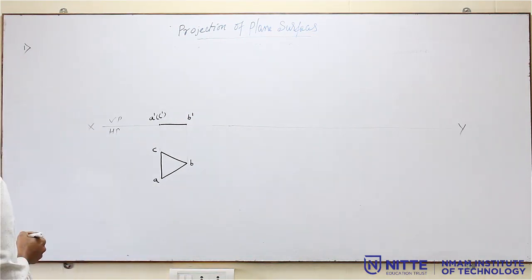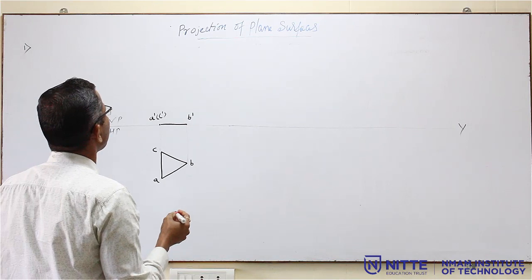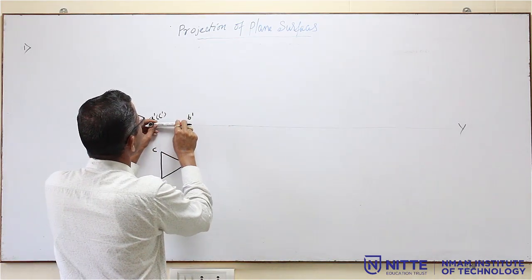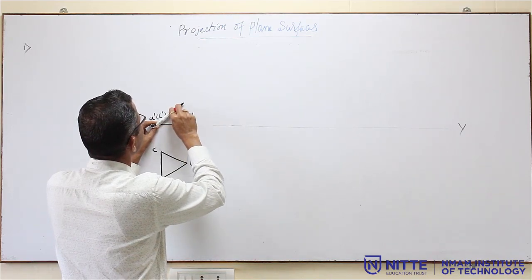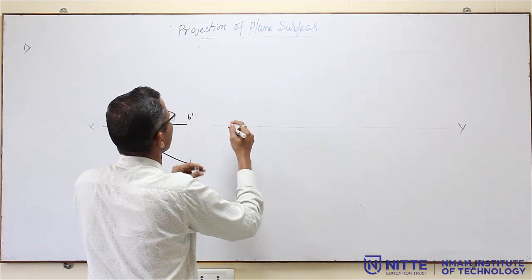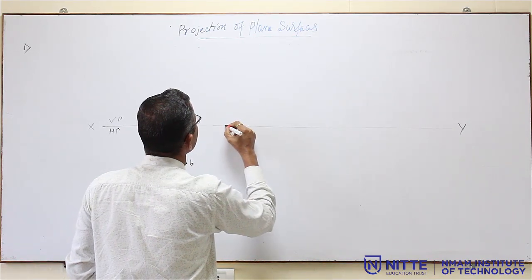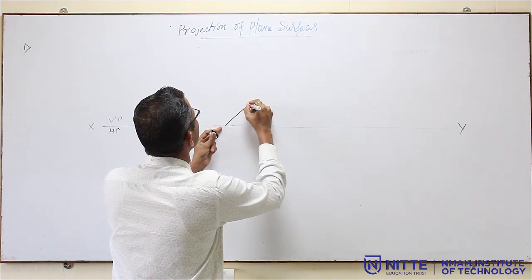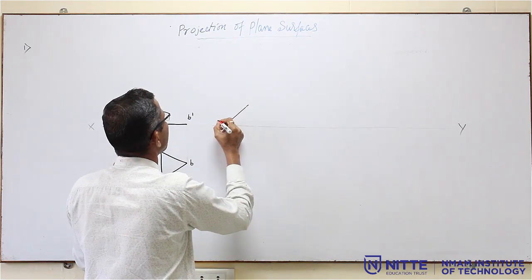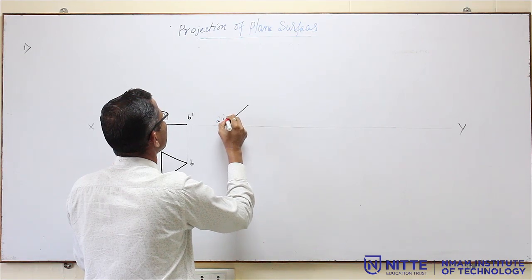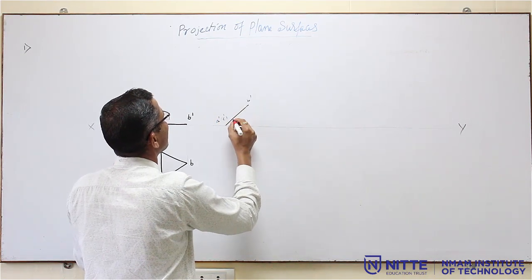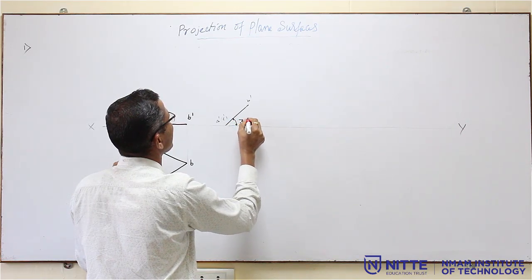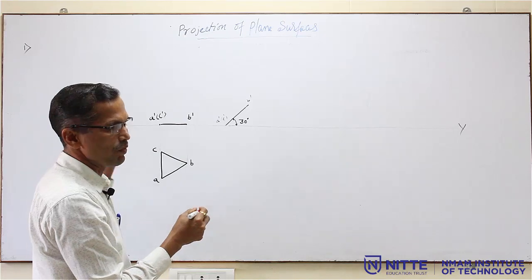Now, you have to give the surface inclination. The lamina makes 30 degrees to HP. That means the line which is on the xy line, you have to tilt it like this at an angle of 30 degrees. So redraw this line, the same length, with all the names as they are: A dash, C dash, then B dash, and the angle is 30 degrees to HP, that means it is visible in VP.